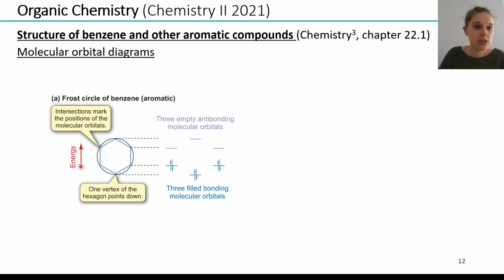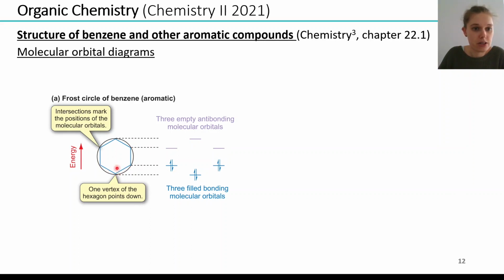As we have the energy scale in the vertical direction, we directly have the correct energy positions of these molecular orbitals if we just follow these intersections. Accordingly, we just draw horizontal lines from these intersections towards a new energy diagram. And you can see here we have these dotted lines which represent the relative energy of the corresponding molecular orbitals